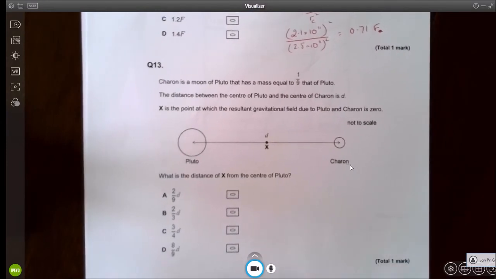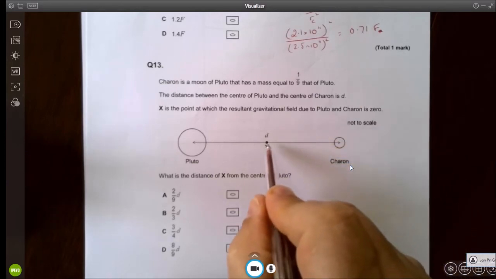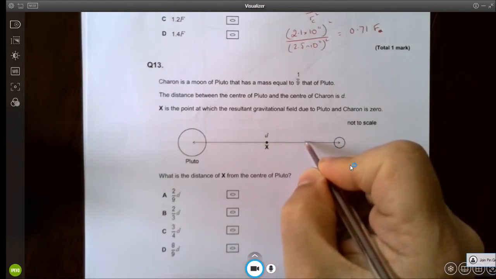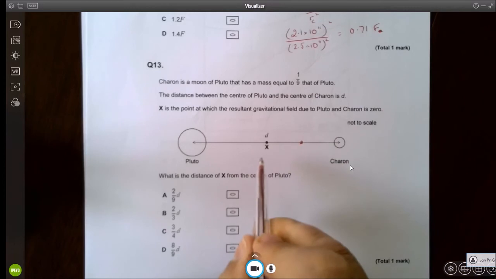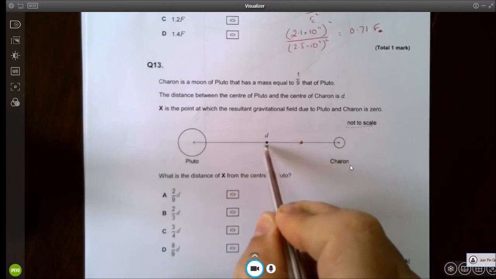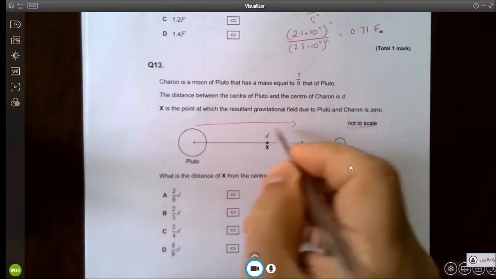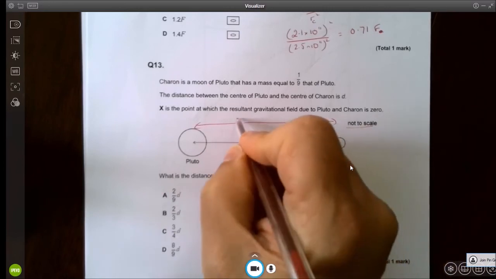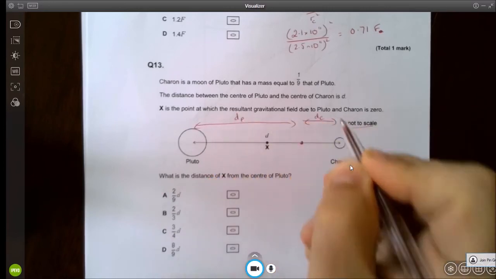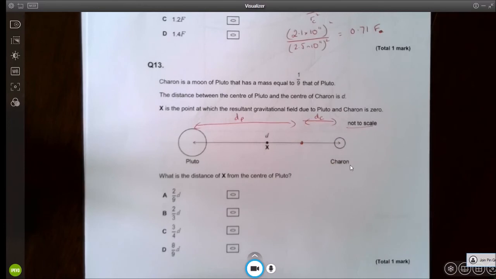Okay, another one of these sort of questions with two objects and looking for where the force is 0 in the middle. So again, same process. If we put where it really is, which is over here somewhere, because they've rather confused you, they've put a not to scale here, but it's definitely going to be over that side. This distance here to this distance here, so the distance from Pluto and the distance from Charon, or Charon, depending on how you like to pronounce it, and